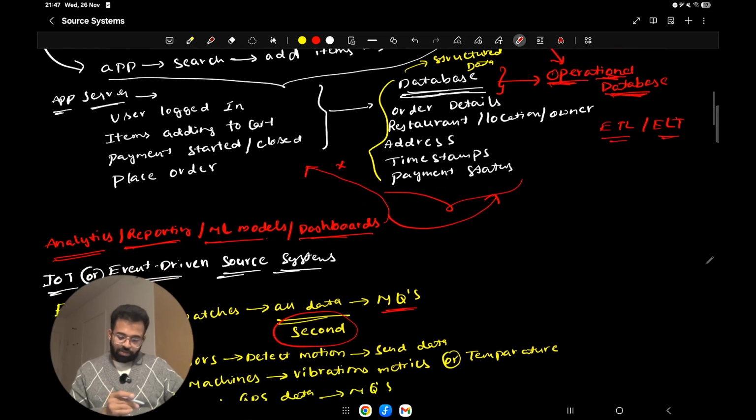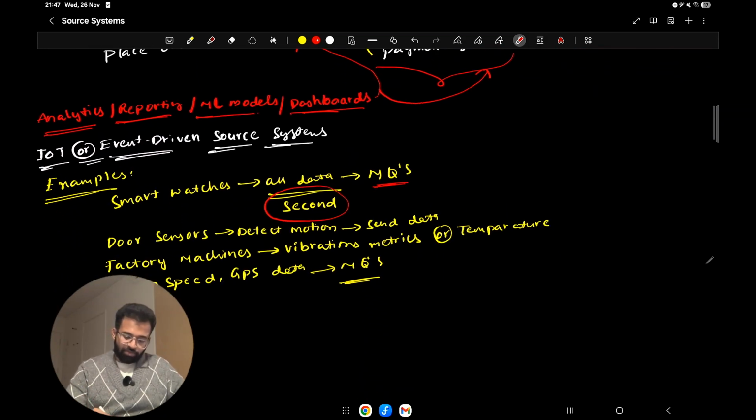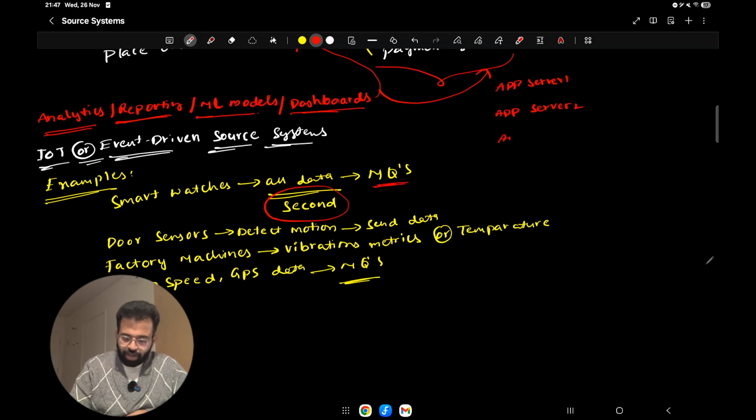Okay, so if you have to draw it in a simple way, in the application server pattern, what will normally happen is you'll have app server 1, and then app server 2, and then app server 3.